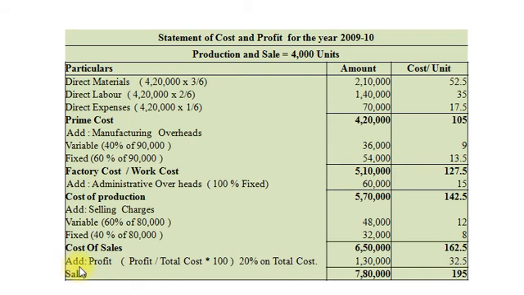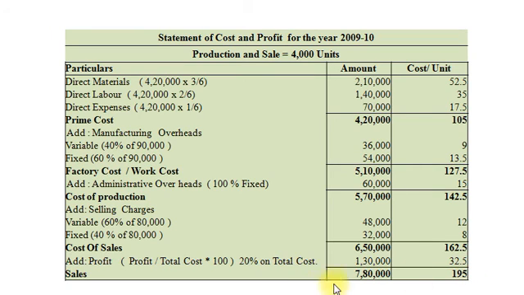Now we will add profit. Dear students, net profit will be considered, that is 1,30,000 and per unit rupees 32.5. So we get finally sales amount 7,80,000 and per unit rupees